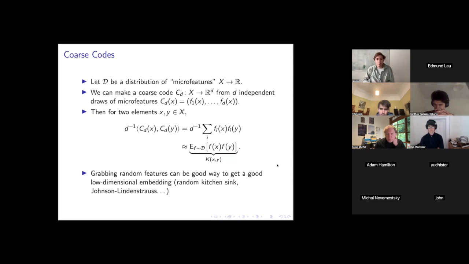So just something to have in mind. In fact, in general, this weird idea of just grabbing random features and using them for an embedding is actually a smart idea in practice. There's a very old paper on random kitchen sinks for kernel regression, and the idea is that if I have a high dimensional data set, I can randomly project into low dimensions. It's just a relatively good embedding.